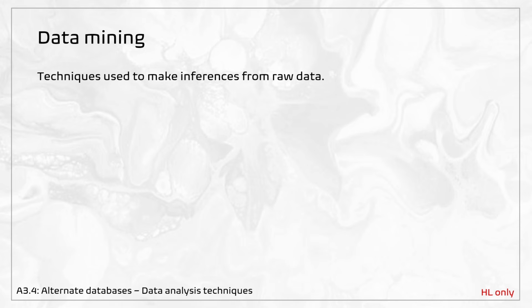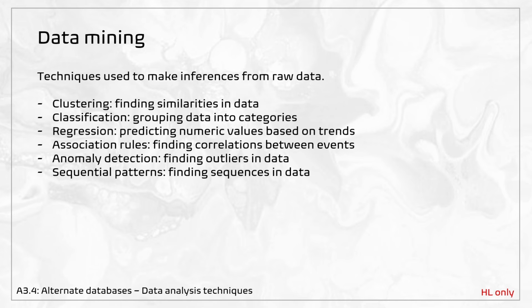There are 6 key techniques in data mining that you need to know. Clustering is used to find similarity in data. If large amounts of data points all share similar attributes, clustering can identify the group. Classification is the organization of data into pre-made categories. Regression is a technique for predicting unknown values given a trend with existing data. For example, using a line of best fit for 2 different variables and using it to find predictive values for